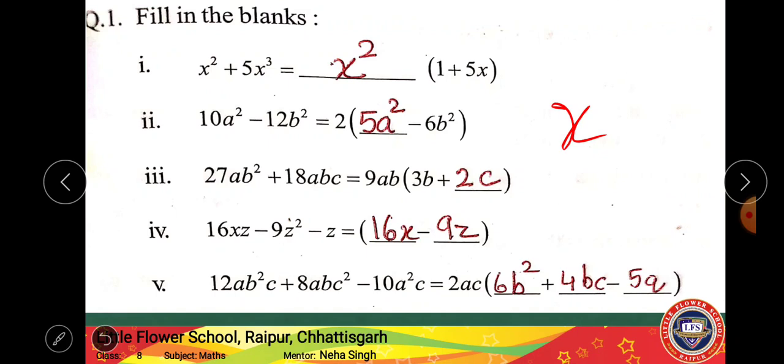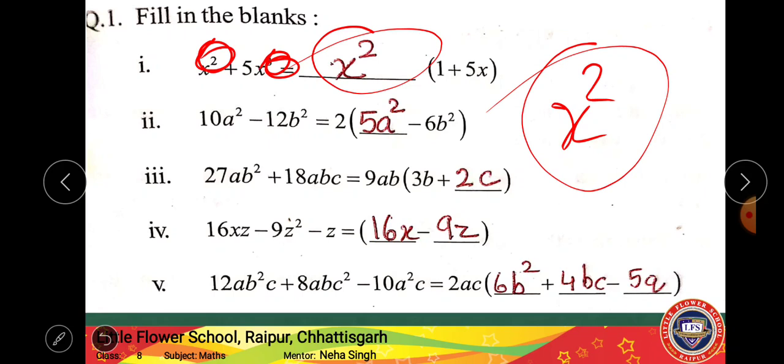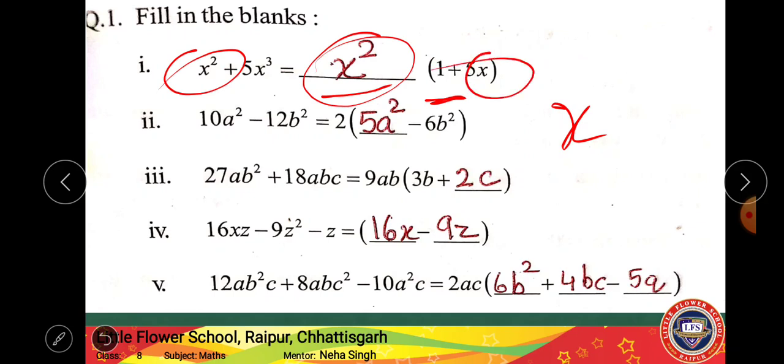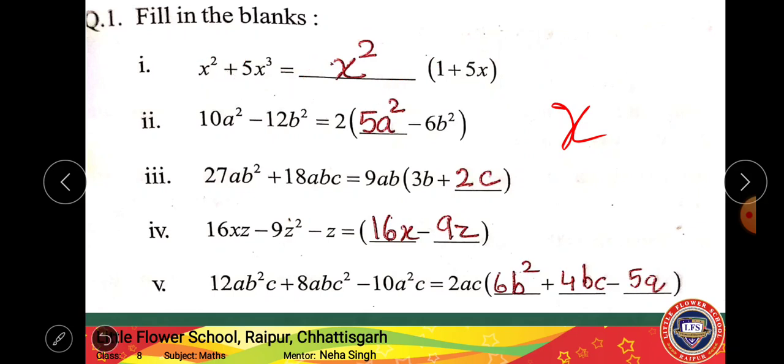Now we will see the lowest power of x. What is the lowest power of x? Here it is 2, here it is 3, means square and cube. So square is the lowest power, so this will be here. After solving the bracket I can see x square into 1 is x square, x square into 5x is 5x cube, right? So similarly in this also we have to solve accordingly.